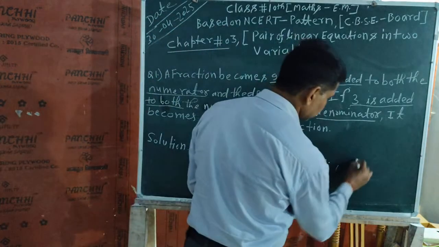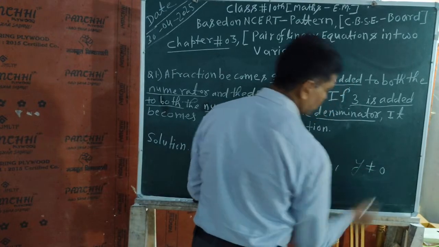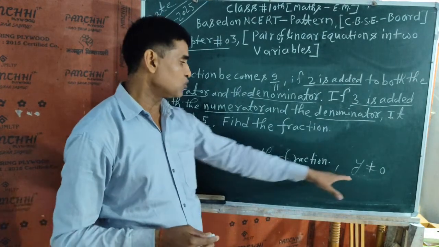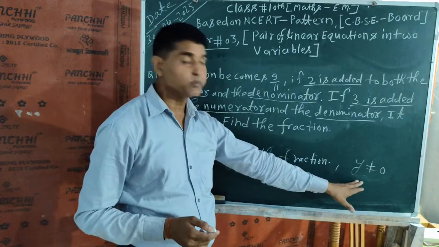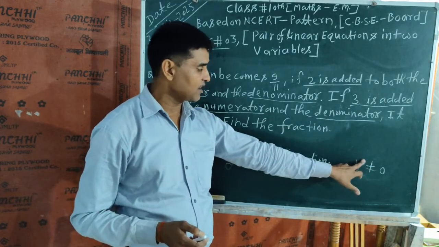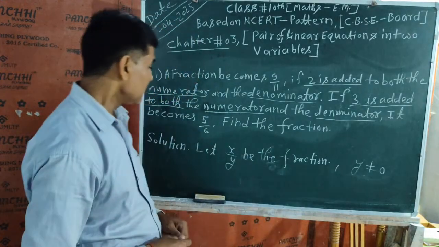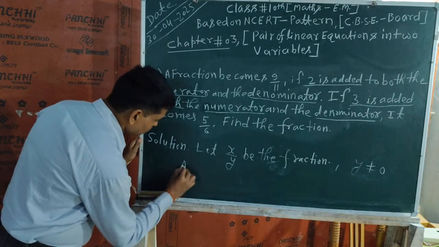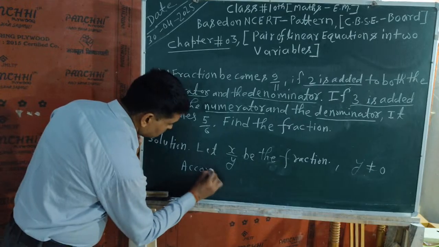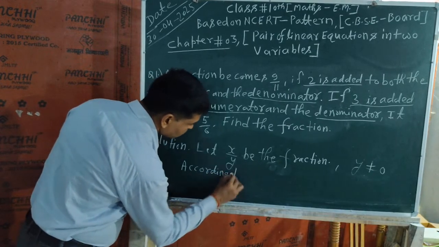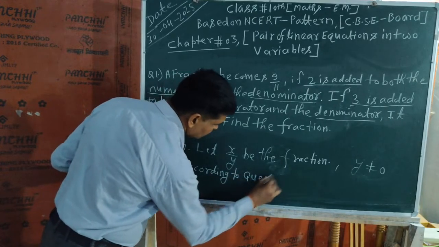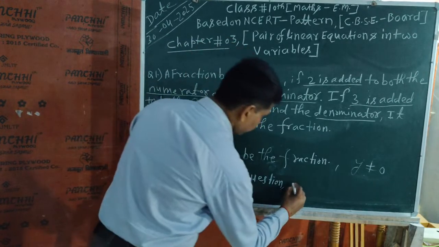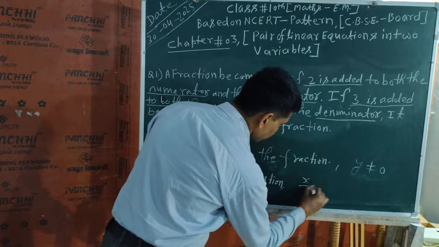It means that y cannot be 0, because if y is 0, it will be undefined. So here I am going to write one condition, and you have to know it. So in the note you can write y cannot be 0. Okay student, now according to the question I am going to write its solution. Now here I am going to write according to the question,